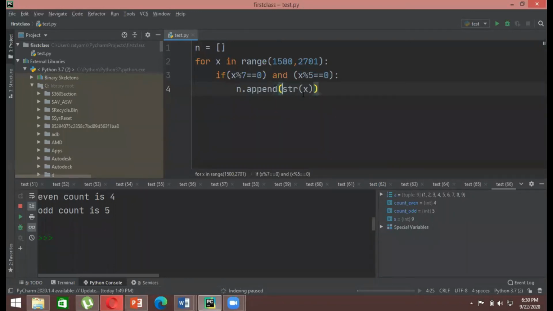But here we have written string because the numbers from this particular range that we are calling out are actually stored in the value x, right?